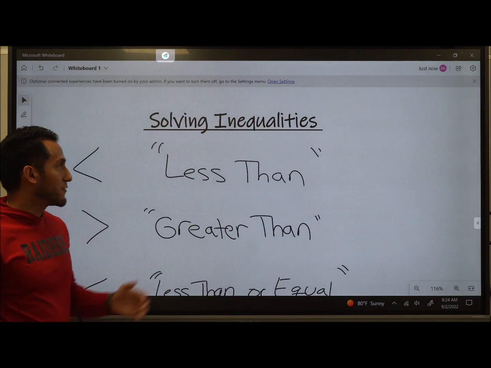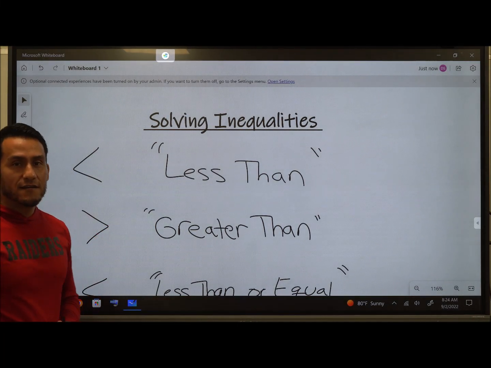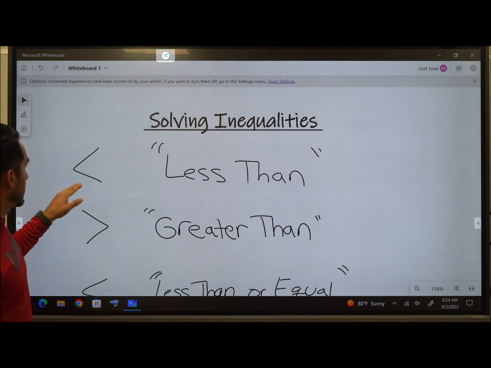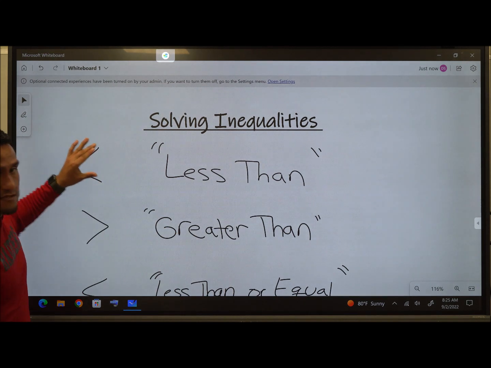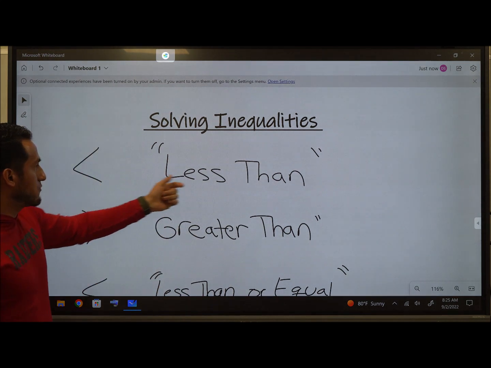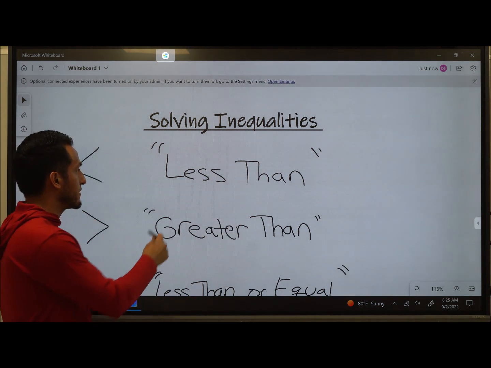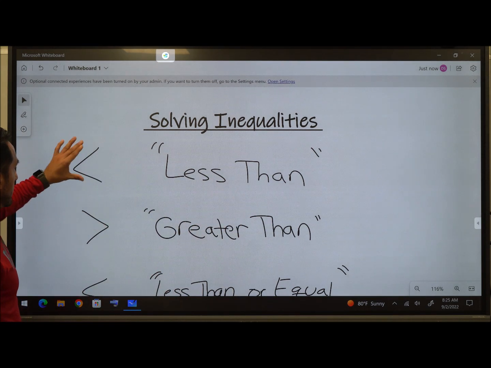Alright guys, so in this video we're going to go ahead and solve inequalities. And so for our notes, go ahead and write this down. This symbol is the less than sign. That's why we have the symbol with the meaning of it, how you read it. This is how you read it. Less than